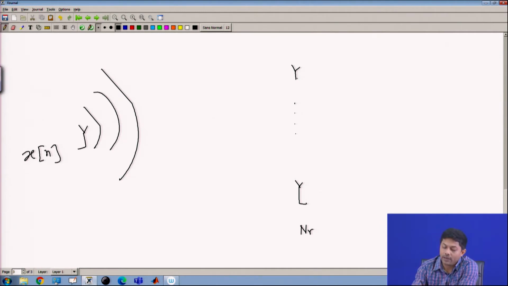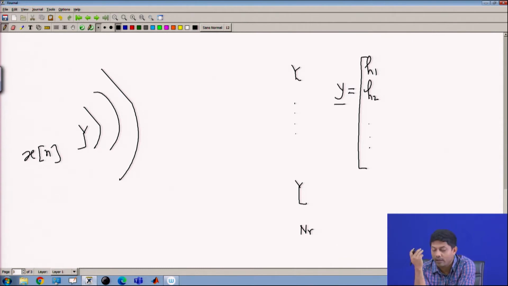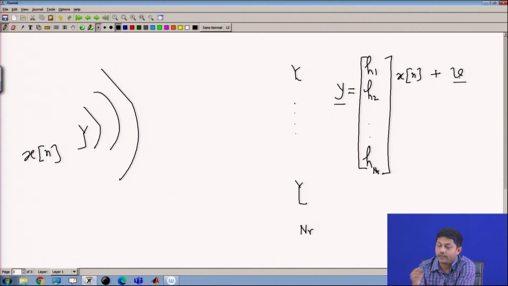So, what is the data model? The data model is very straightforward. You may have noticed it. This is Y bar. Y bar is the received data vector at each and every antenna, so I just stack it together. So, this would be H1, H2, these are my channels, whatever you think of, either a millimeter wave channel or a normal channel. There is no difference, just how you approximate it. So, I am just generalizing it into XN plus I may receive a noise vector. So, now this is my data model.